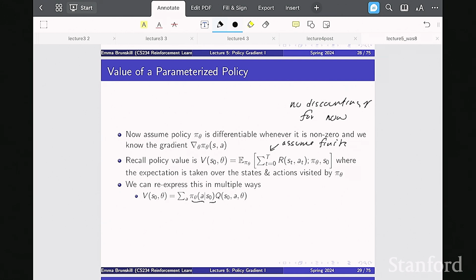Okay, so this is one way to write it, but we can also think of a quite different way, which is, let's think about trajectories. I'll write down what these are in a second. Okay, so this is a trajectory. What's a trajectory? That's going to be S0, and then it's going to be an action, and then an S1,